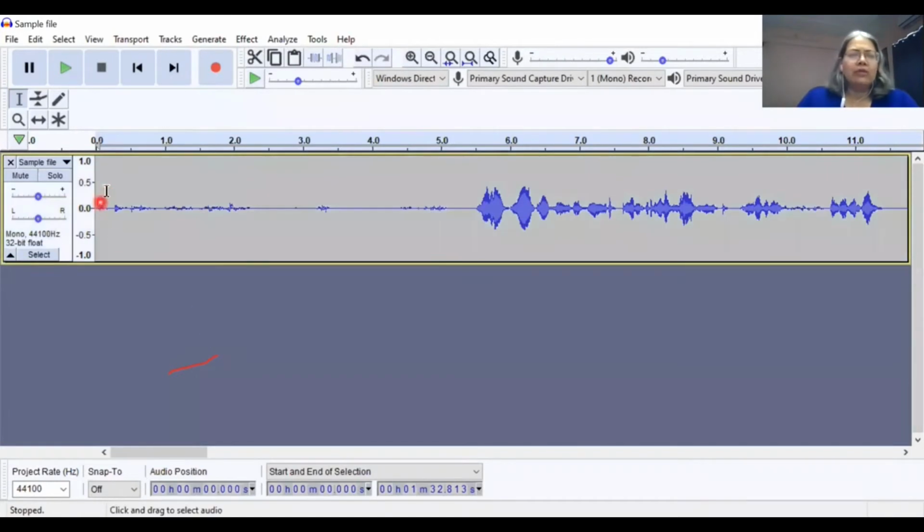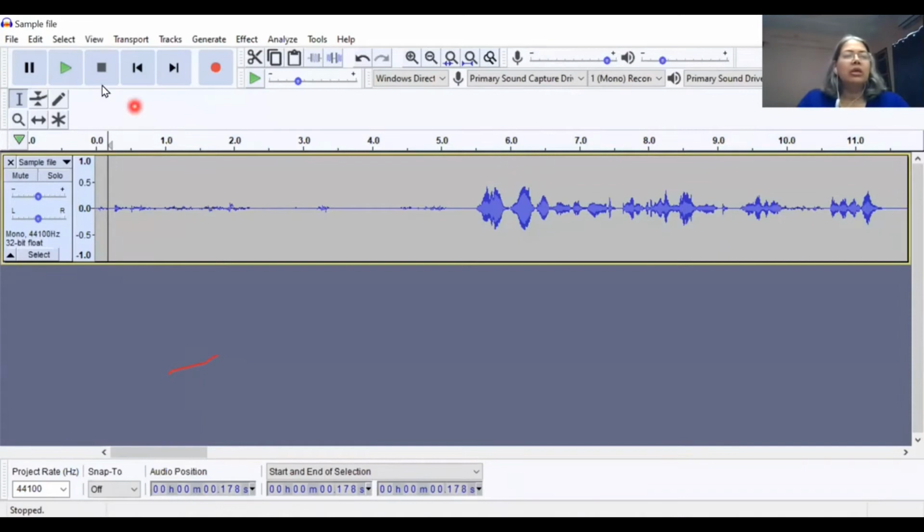So let's see if this noise actually does bother us, or can we leave it as it is, because all noises may not bother us, and there is a limit to how much we can remove without damaging the sound. So these are the three buttons. The green one is the play, the black one is the stop, and the red one is the record.